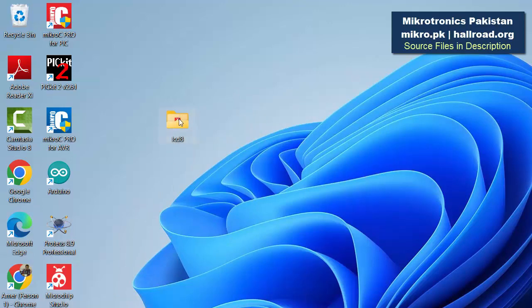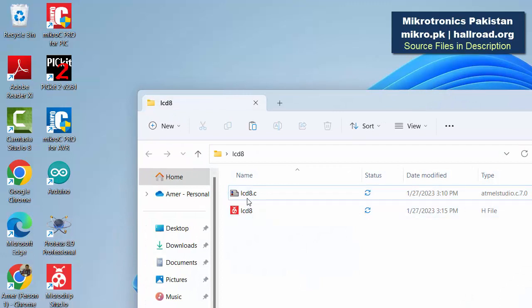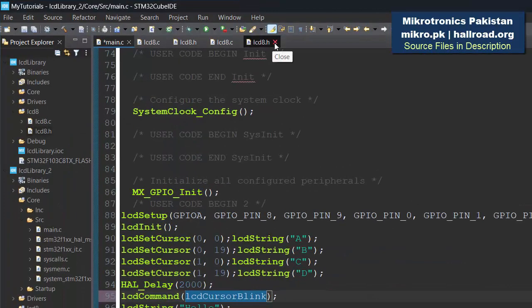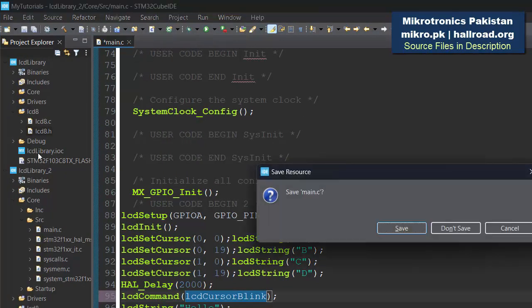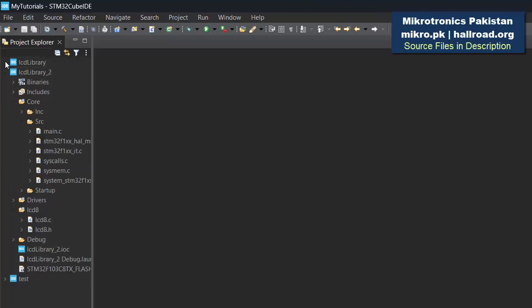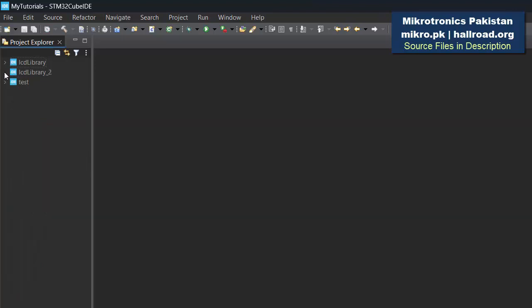This contains both source files, LCD8C and LCD8H file. Now if we want to write a new, let's say, we close it, and we'll collapse all these libraries. Right, let's make a new project,